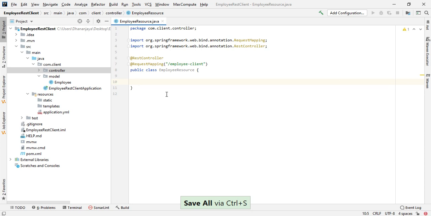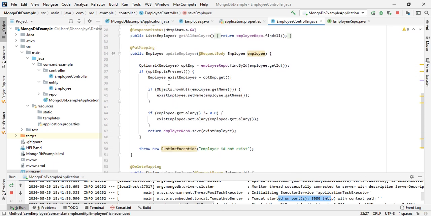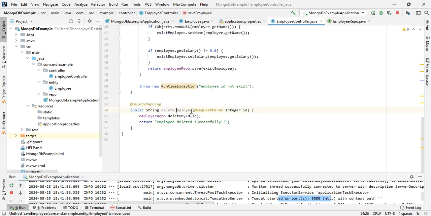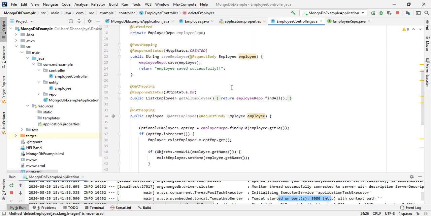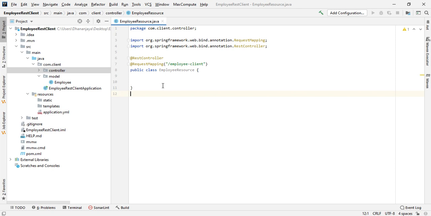Okay. So here we will create four operations like create, update, delete, and fetch. Four operations we will do. Internally we will hit this server on port 8080. So it will go to the other application and call whatever methods we have. Okay. So it will fetch or save the data into the database, and after that we will get the response from this API, and that response will show in our client application.